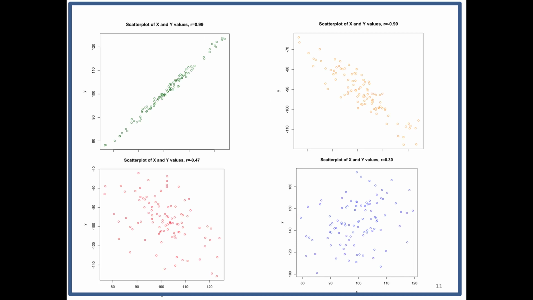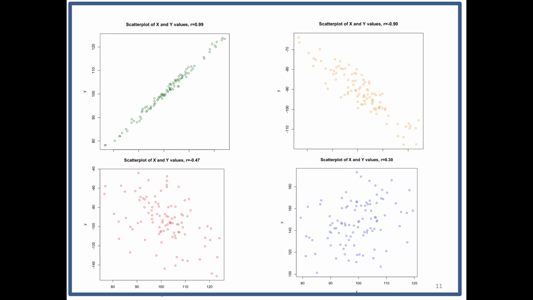So let's look at 4 scatter plots and their associated correlation coefficients. Looking at these 4, without looking at the titles, which ones do you think have positive relationships? All right, so the one on the upper left in green has a correlation coefficient of positive 0.99. So a very strong linear relationship there. We can tell from the scatter plot and the correlation coefficient of 0.99. Moving over to the right, the orange plot, we have a correlation coefficient of -0.9, so a negative relationship. And again, it is pretty strong,